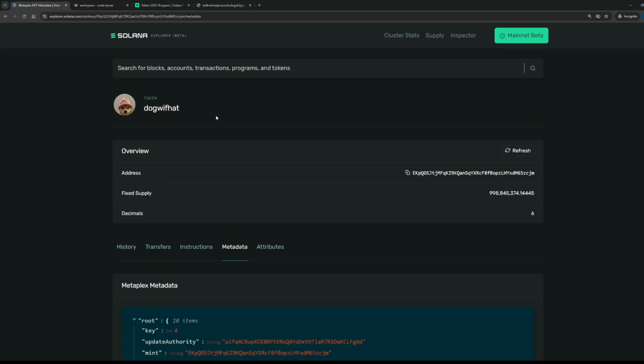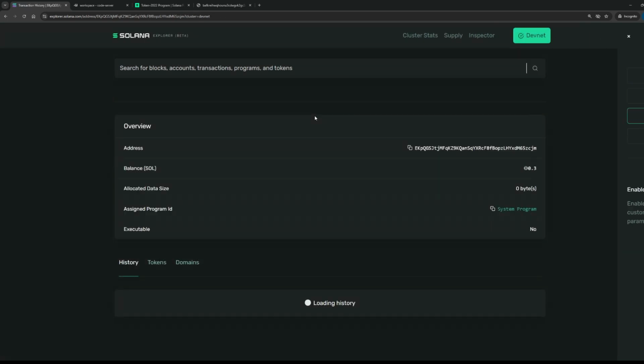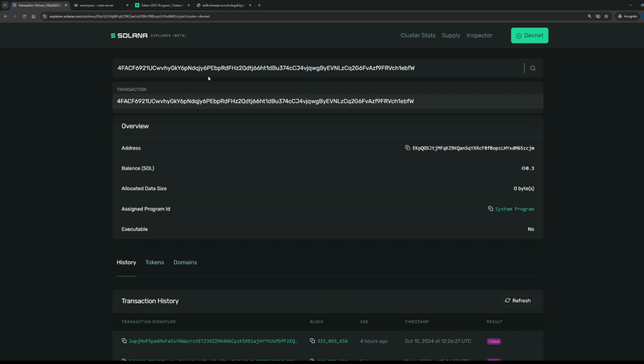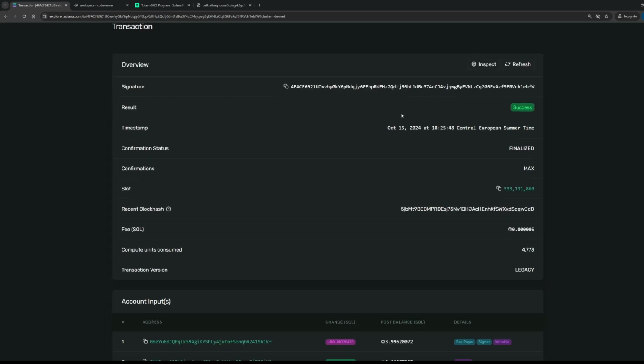We can go back to the Explorer. You can go to the Devnet, and we paste the signature here, right? This is the signature of the transaction. Okay, so this transaction only created the metadata.